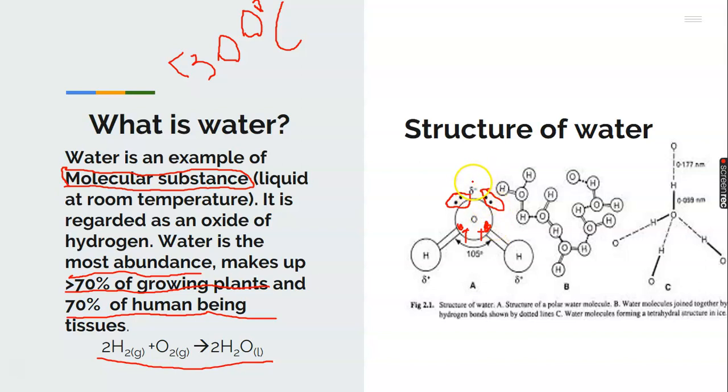So you can see something like this, dipole negative and dipole positive. That means they behave like an ionic compound, although the chemical bonding between the hydrogen and oxygen is called hydrogen bond, but they do so because they are polar solvents. If you look at the second one, which is B, the structure of a polar water molecule, where you have the hydrogen